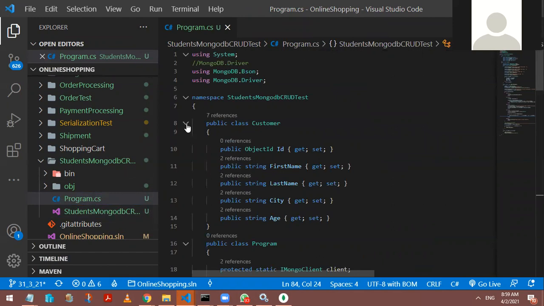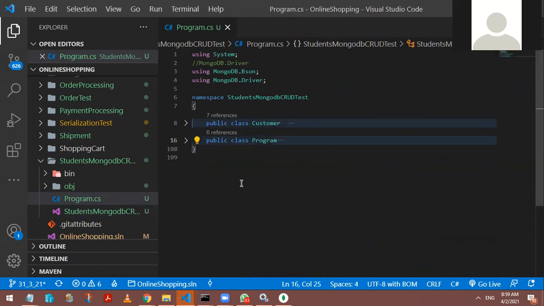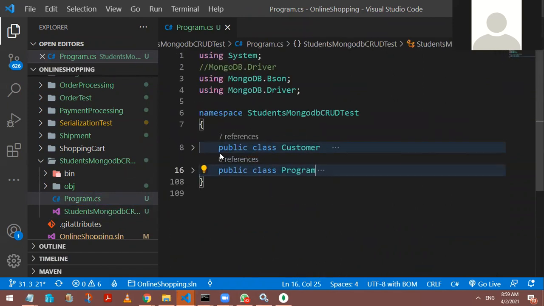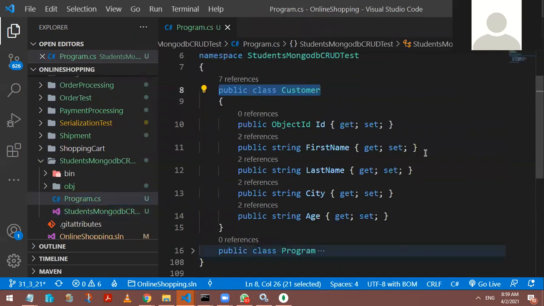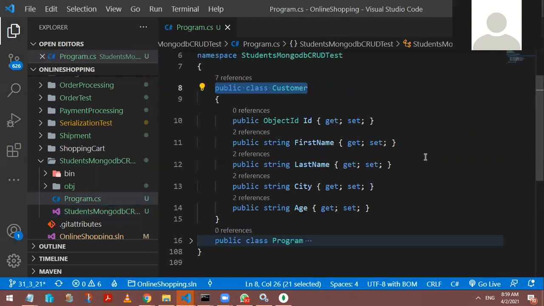So what does the program.c file contain? It contains 2 classes. Which are those 2 classes? One class represents my customer. The customer class is defined by its attributes. This time I use ID, but what is the type I specified here? Object ID. In the last example I used ID as my variable, but I associated a decorator. Here I did not use a decorator, but I use something called object ID. Who is going to define this object ID type?